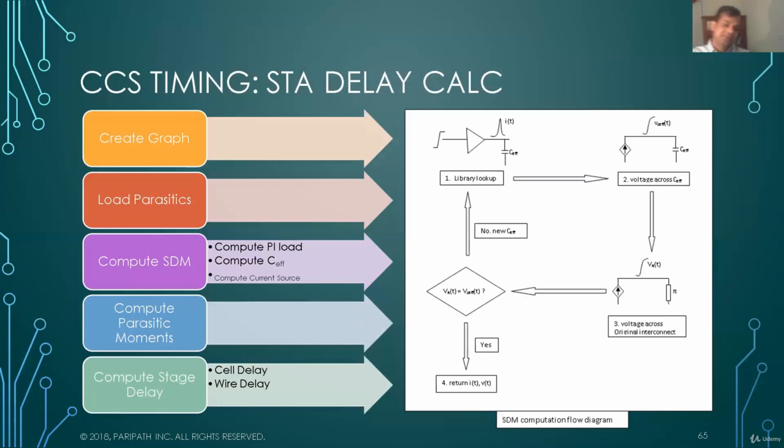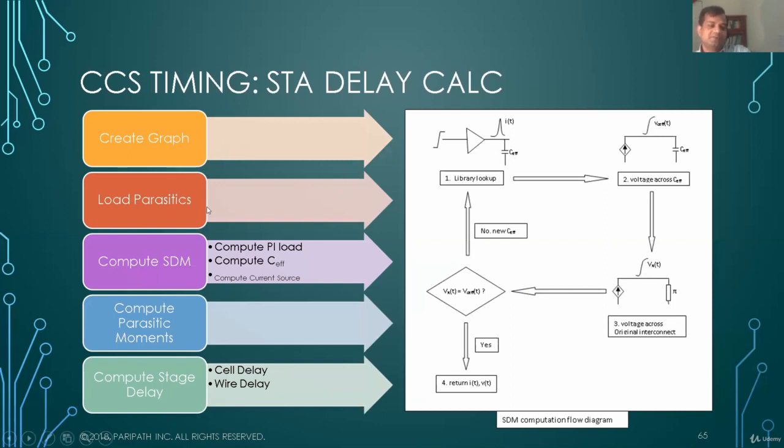How CCS delay calculation takes these models and gives you cell delay and wire delay. I worked on static timing analysis about 10 years ago, and in 2007 CCS was hot at the time. 40 nanometer was new and everybody wanted to get their hands on CCS. I was the first one to design it, even before PrimeTime, when I was working for a smaller company doing the STA delay calculation. And the way the larger algorithm works is essentially you create your timing graph,